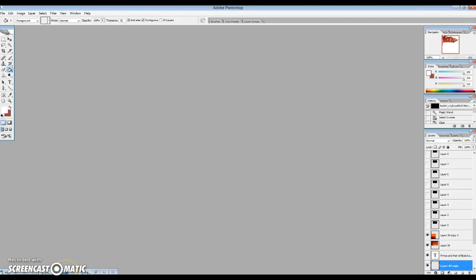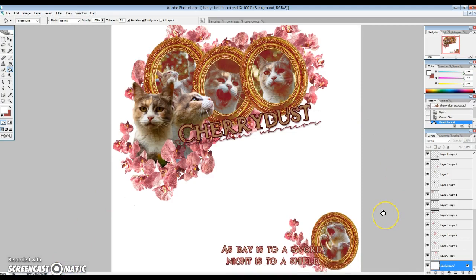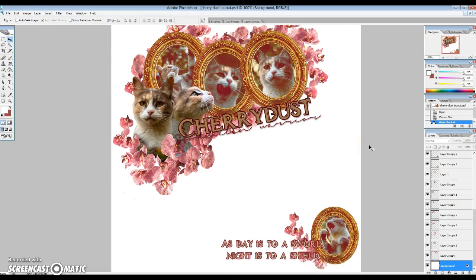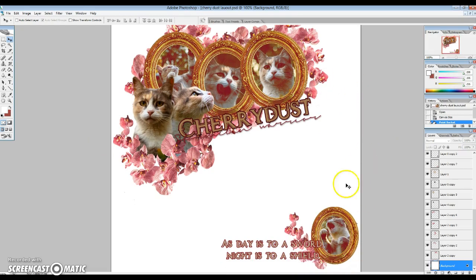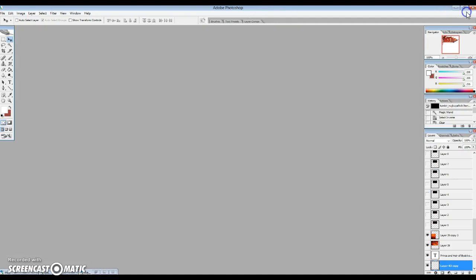So what we're doing is I am going to start off by making a layout similar to this one that I made for a warrior cats roleplay. This is one of my characters, and I am making a layout for a kitten that is to be born soon enough in the roleplay. This is one warrior, so we're starting off with